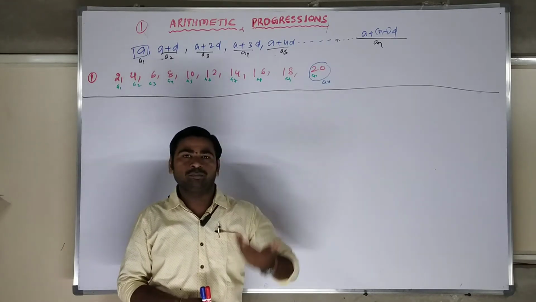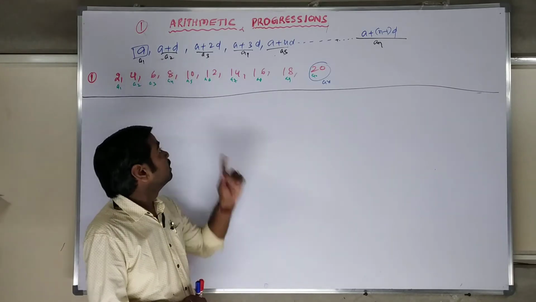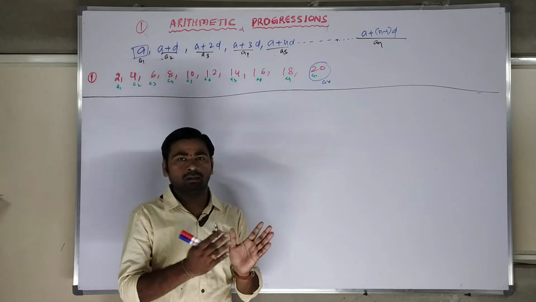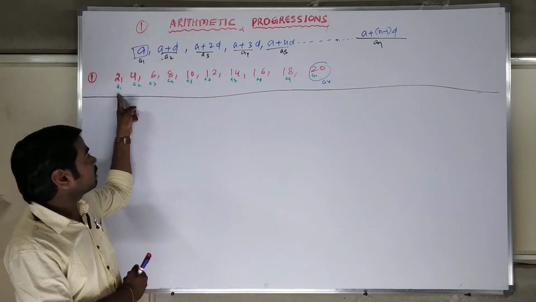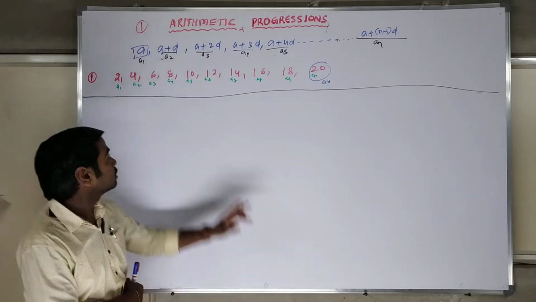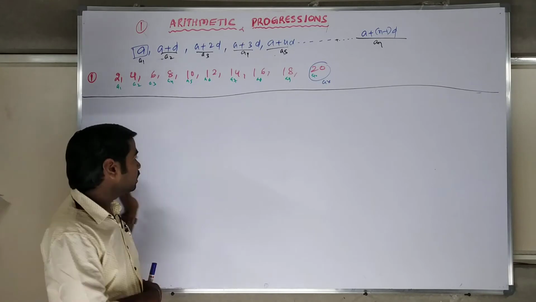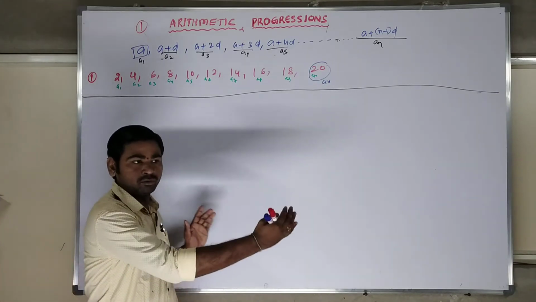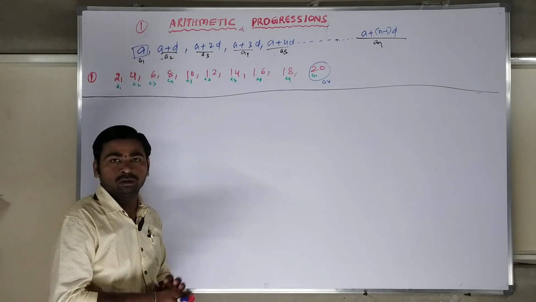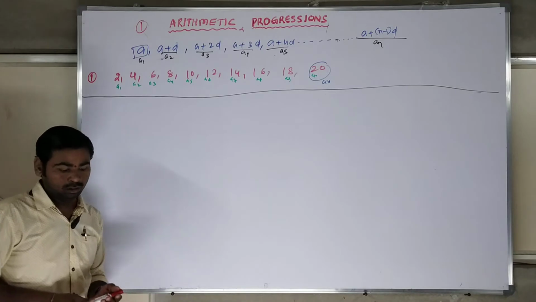Arithmetic progression, part 2: how should the summation of the terms be calculated? Given a series, how do we add it, for example if the series contains the starting 10 terms? How do we calculate the summation directly? The series continues to infinity. If we want the summation from the first term to the fifth term, how much addition will take place? How do we calculate the summation of a number of terms? That is the question.